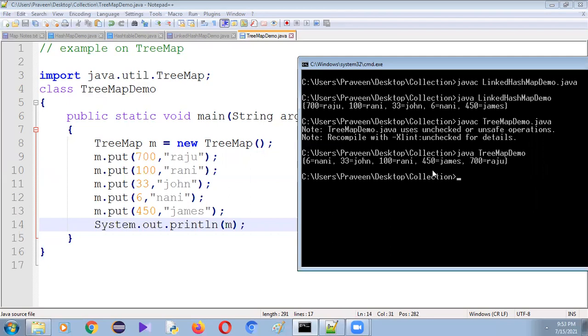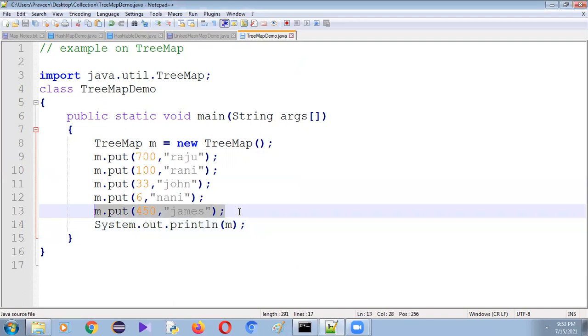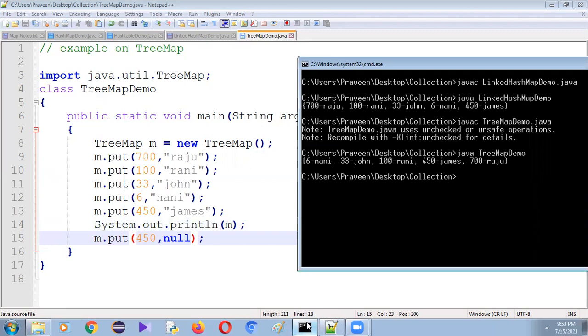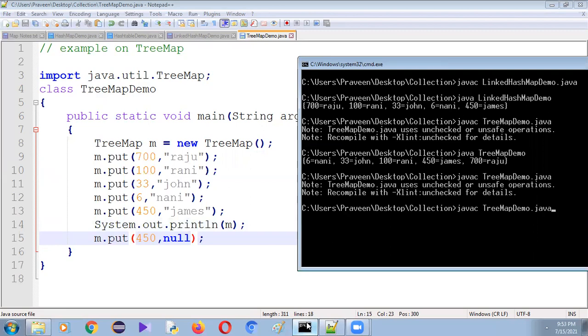Here in this TreeMap we can insert null values. Let me check it. Can we insert null values? Yes. Initially the 450 value is James.